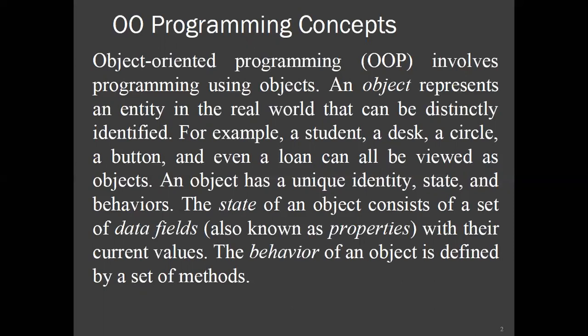or a number of objects. Let's try to understand what an object is. Every object-oriented programming language involves objects. So let's first understand what an object is. An object represents an entity in the real world that can be distinctly identified. Once again, an object represents an entity in the real world that can be distinctly identified. Like if you want to say something like a chair is an object. Here anything can be a living thing or non-living thing.